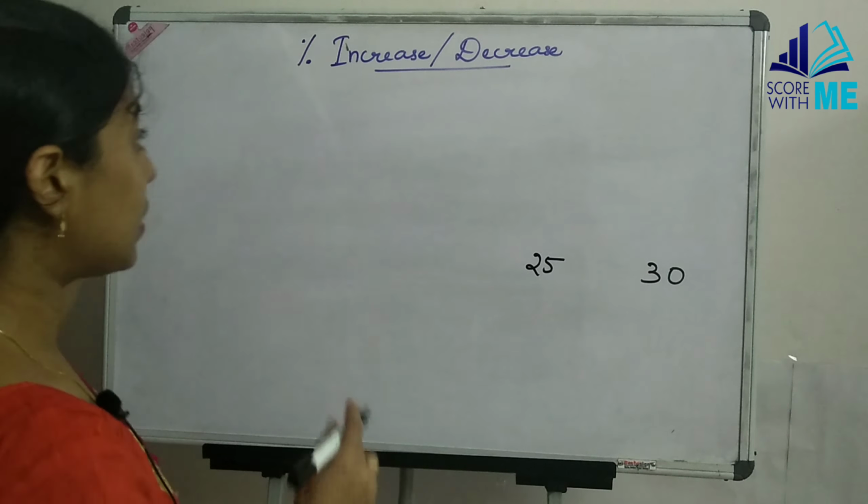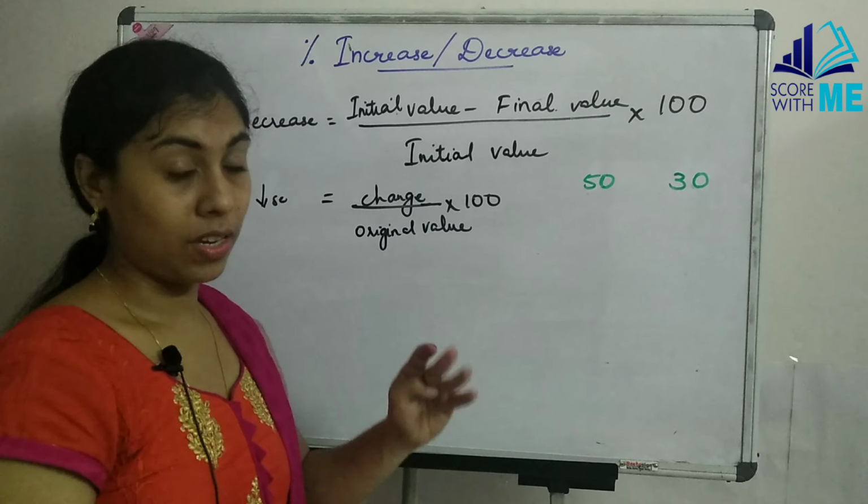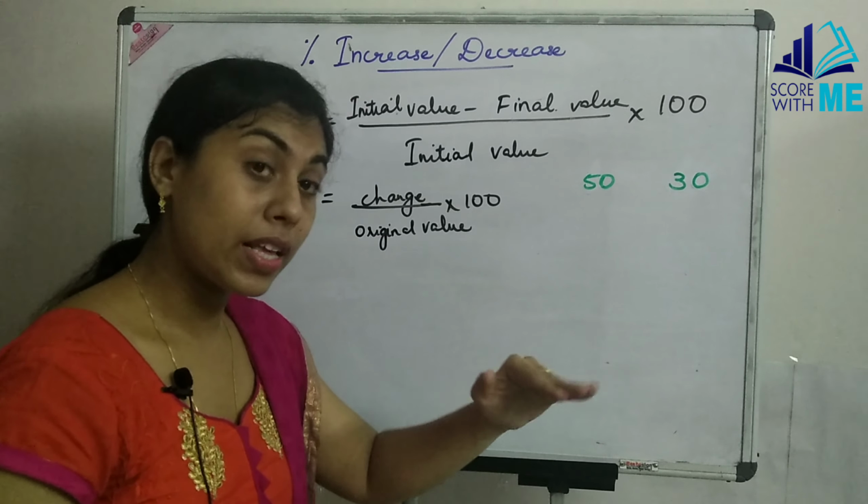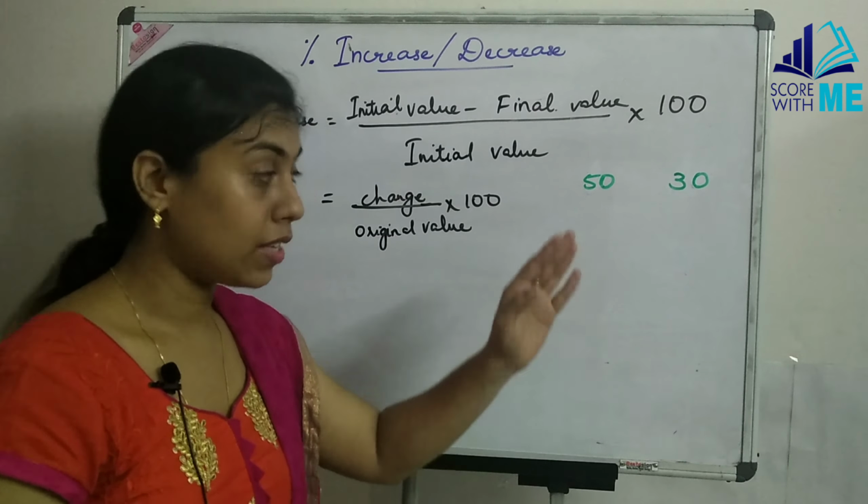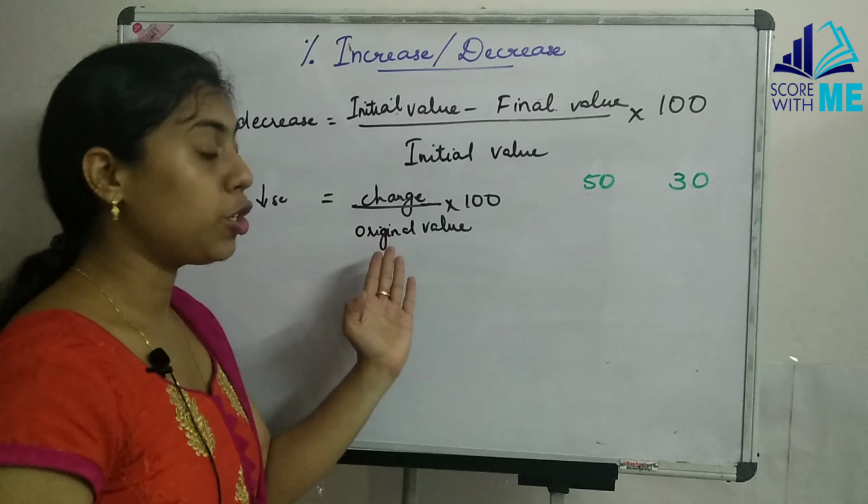Same as percentage increase, here we are finding percentage decrease. So here we have got a value 50 and that is getting decreased to 30, and now we are going to find by how much percentage this value has decreased. For that, our formula previously was final minus initial, because there it was increasing and the final value was bigger. Here we have initial value minus final, because our initial value is greater. Percentage is decreasing, the value is decreasing, so the initial value is going to be greater. So for getting a positive value, we have written it that way. If this is difficult, just have this in mind: change by original value.